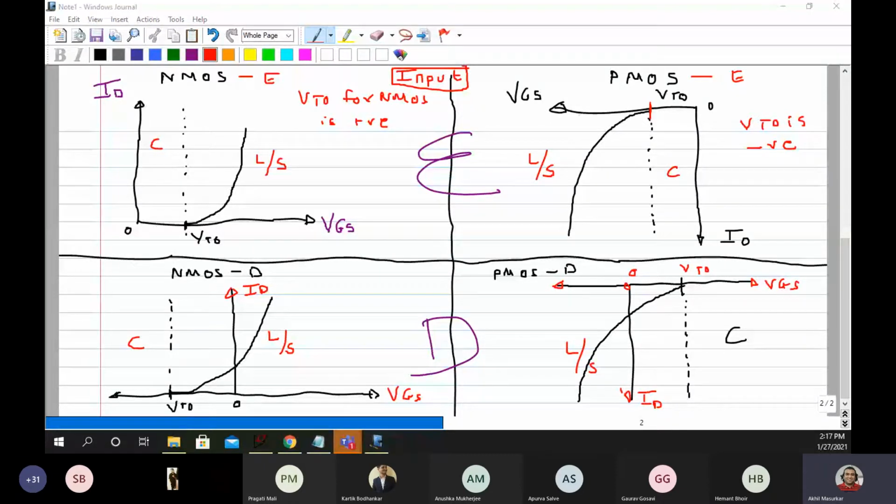Any questions, you can just raise your hands or unmute and ask. Anmol Singh, are you following this? Can you unmute yourself? Anmol and Ayush. Yes, sir. Are you following this thing?